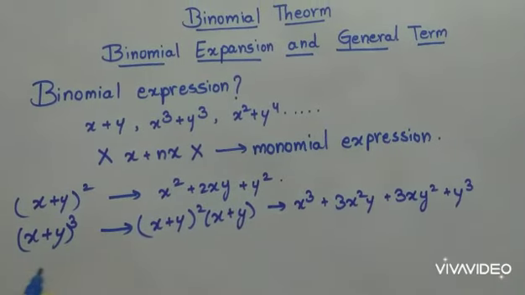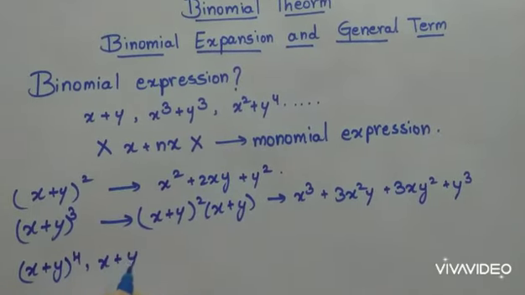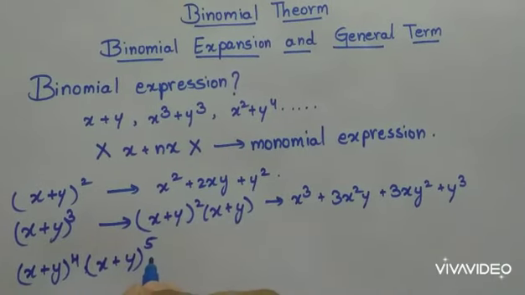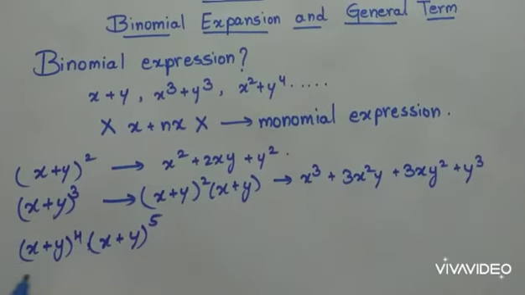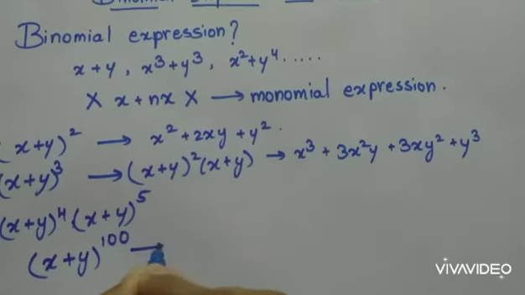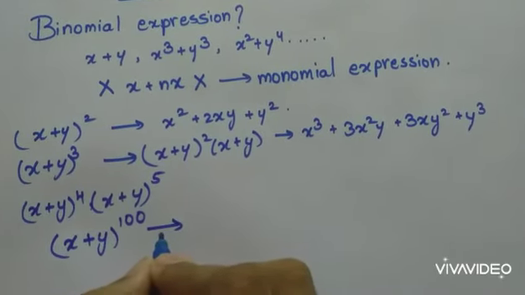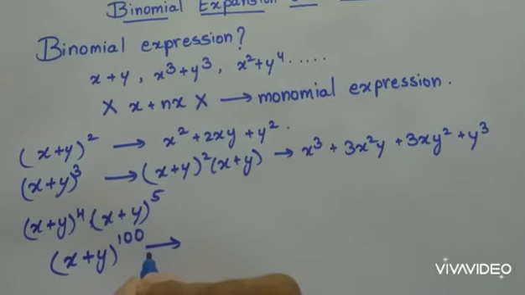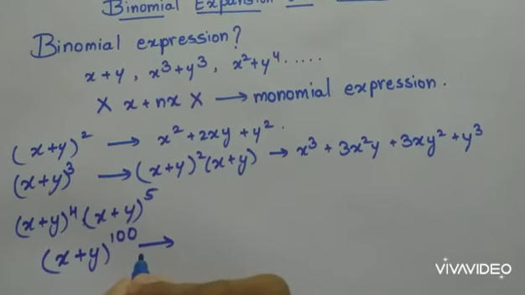Now let us go further and calculate x plus y whole power 4, x plus y whole power 5 and so on. We can calculate such expressions, but it takes a lot more time. Okay, this we can do. But what if we want to calculate x plus y whole power 100? It takes a lot more time and we may do a small calculation mistake in between. There is a high chance of doing such things. So here comes our binomial theorem, which helps us to expand such algebraic expressions without any tough calculations.